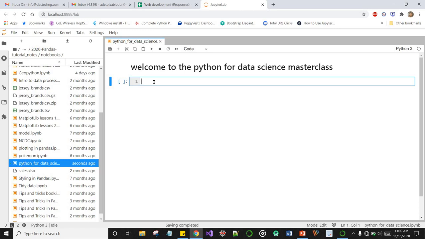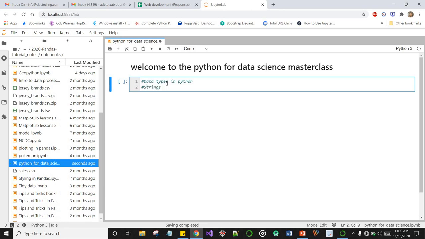So the first thing I would want you to understand are the data types in Python. First, this is known as a comment in Python. If you just want to write some random text, just put a hash before your statement. Okay, so the Python interpreter is not going to run this as code. It's just going to bypass it. Okay, all right. The first we're going to look at are strings.